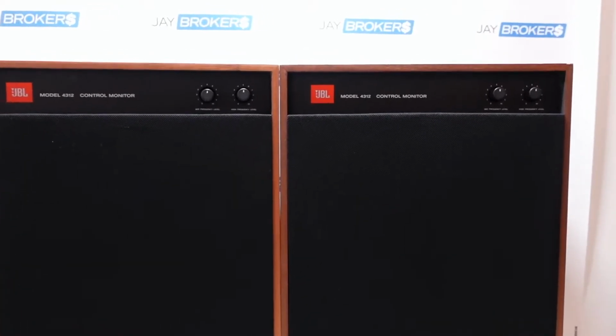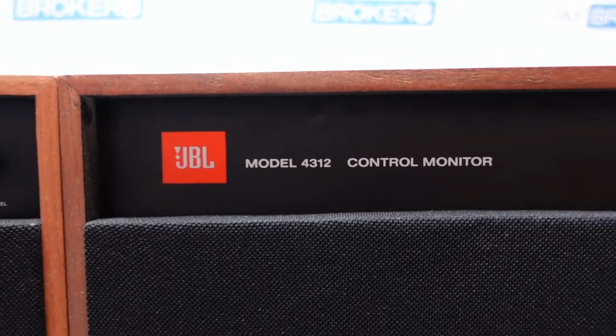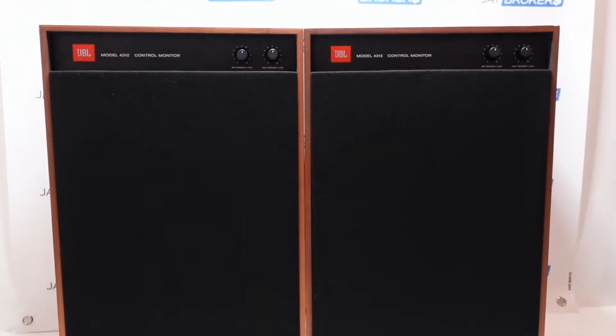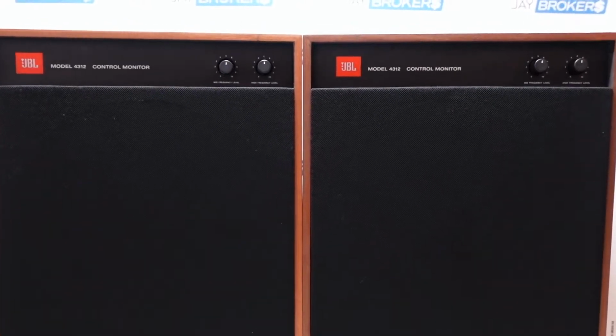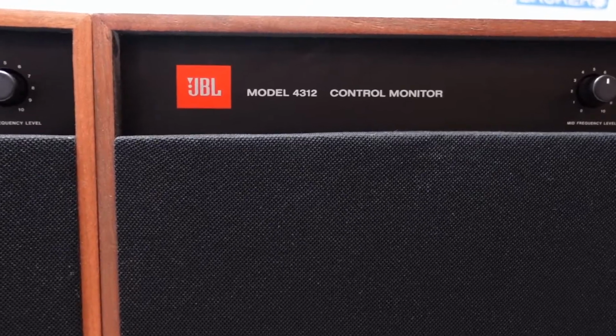All right, calling all JBL fans. These are model 4312 control monitors. We got these in the shop recently, pretty neat find. Now the customer we bought these from told us an interesting story about the model 4312s and their claim to